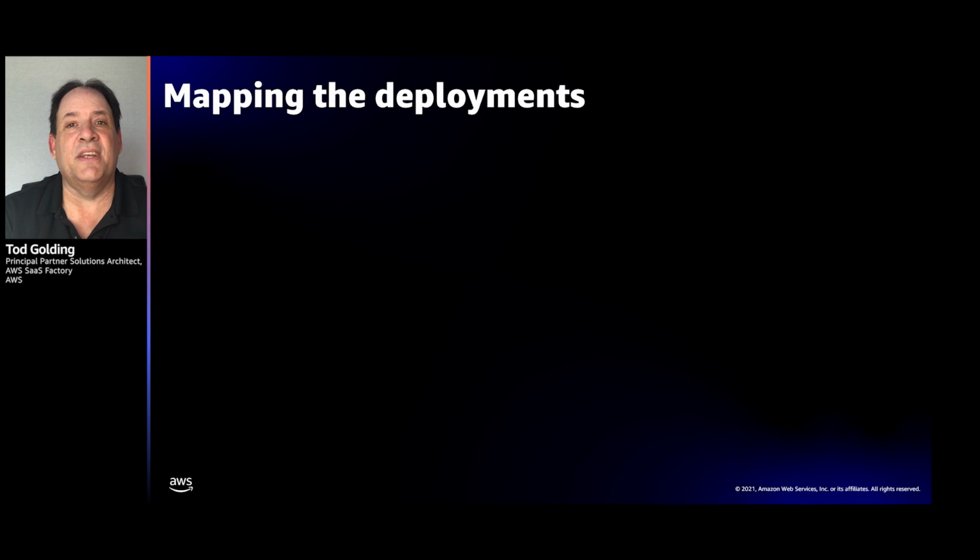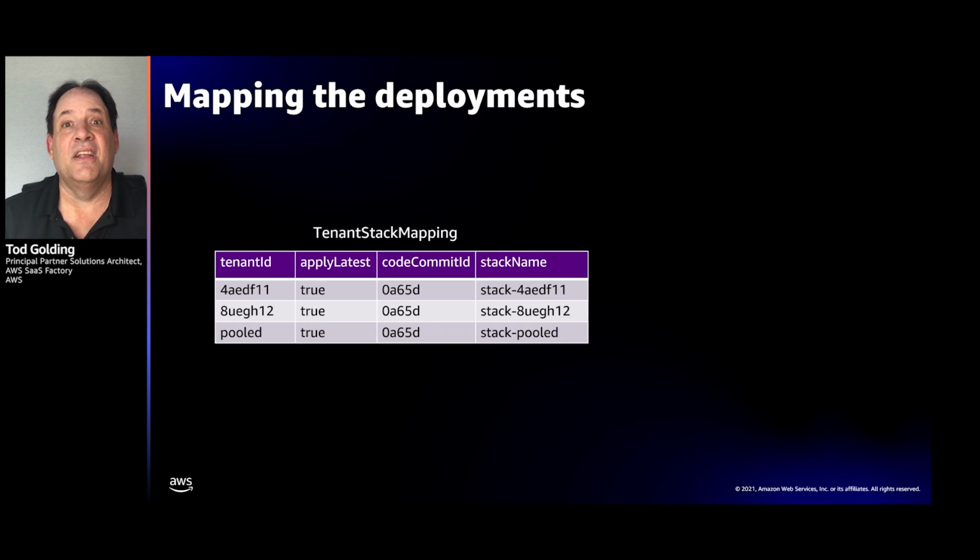Now, the other piece of this that gets lost in the shuffle is, yes, we can onboard a tenant, we can get them into the system, and we provision all their infrastructure. But what happens when we need to roll out an update? Like we want to update a new version of the order service, and we want to roll out some new features or functionality. And now we have these different stacks that are running.